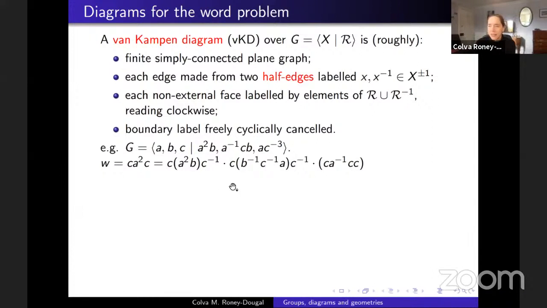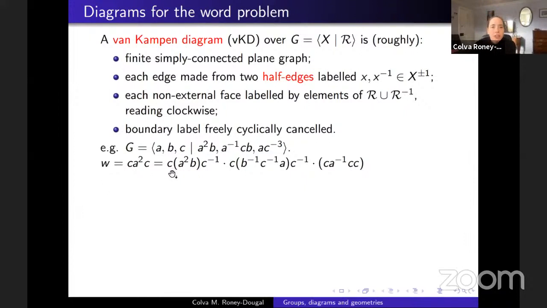Praise is asking, with the conjugacy problem, does it mean that the group is not the distinct union of conjugacy classes? No, the group is still a union of conjugacy classes. We're just asking if two elements of the group are in the same conjugacy class. So the conjugacy problem is exactly saying, are these two elements in the same conjugacy class?